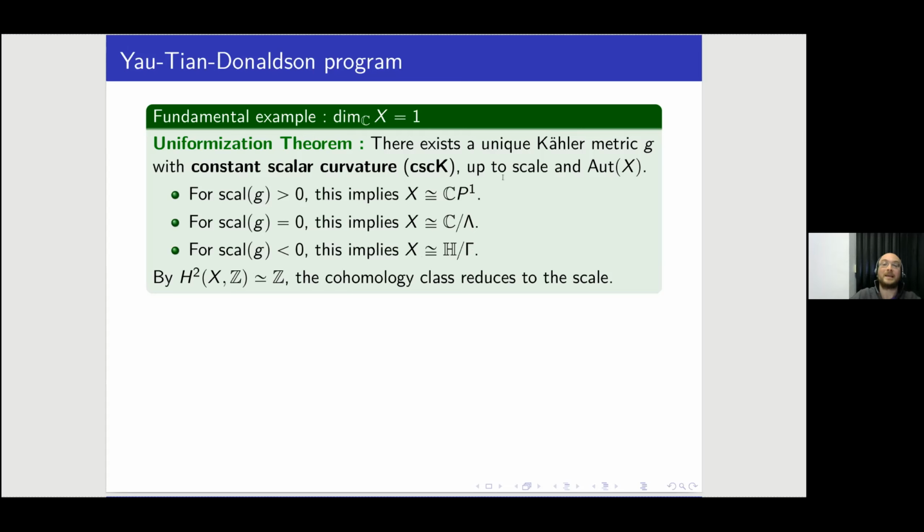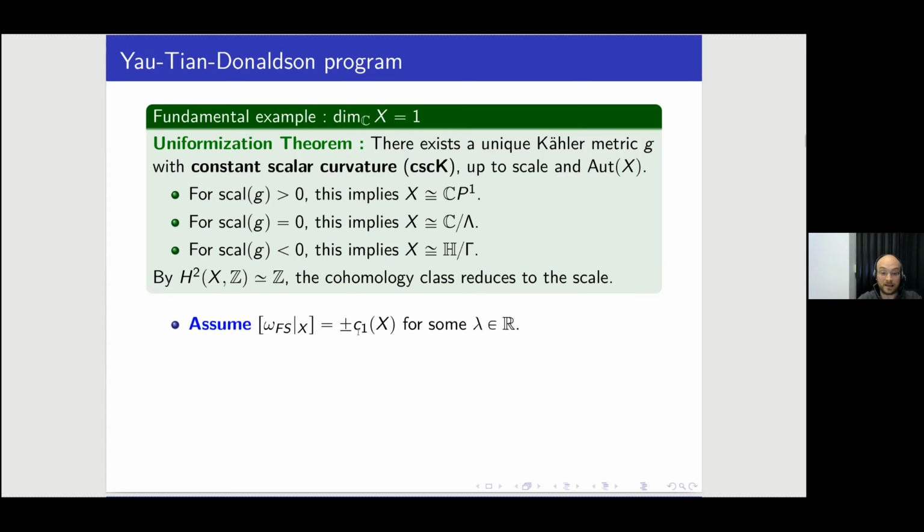No, the other way around. In general, the cohomology class will play the role of the scale in the case of Riemann surfaces. So it's a very natural condition to fix a cohomology class. Okay. So now to describe the general case, I will still focus on the specific case when the